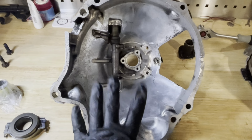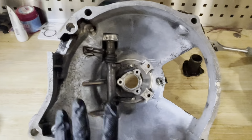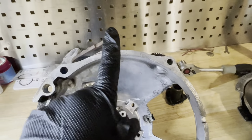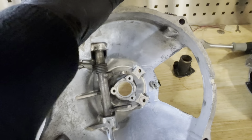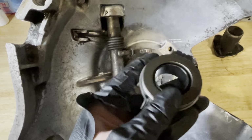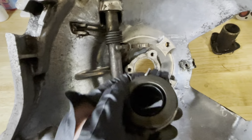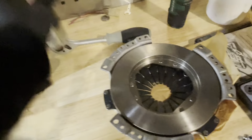Alright, so this is the new bell housing that I got from Eric. This will go on the car. I've already disassembled a lot of what goes inside here. So you can see these two arms over here are attached to the arm here where the clutch cable goes on. So when you step on the clutch, it has a forward motion like you can see here. That forward motion is actually executed on this guy, which is called the throw out bearing. And you can see the throw out bearing has a surface that can spin around. The reason it does that is because this is static while the car moves, but the pressure plate is not static, right? This is spinning together with the